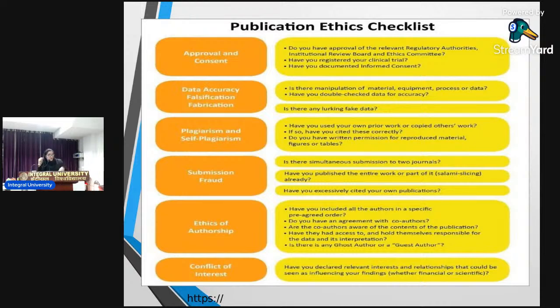So this publication ethics list has to be kept in mind. It has to be printed out and kept on your desks where you are going to work, right? I hope that most of you will be working in some kind of wet lab setting, or maybe on your computers, right? There would be some station where you'll be working on your research thesis. So keep this point handy so that you do not forget it, because if you forget any point of it today, 10 years later, 20 years later, it might come to bite you. Why will it come to bite you?